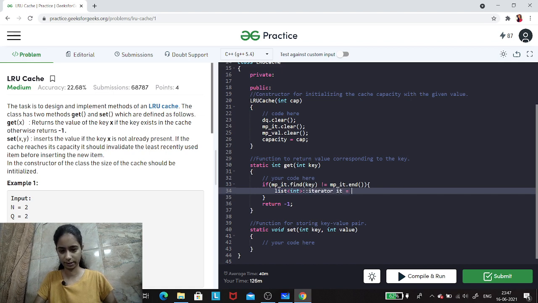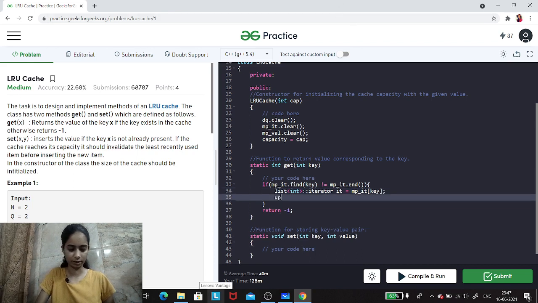Let's call it IT, my map of IT key. This will give me the iterator, that is where it's present in the list, and I'll update the queue, because I need to push it into the front. I'll write it as update list.